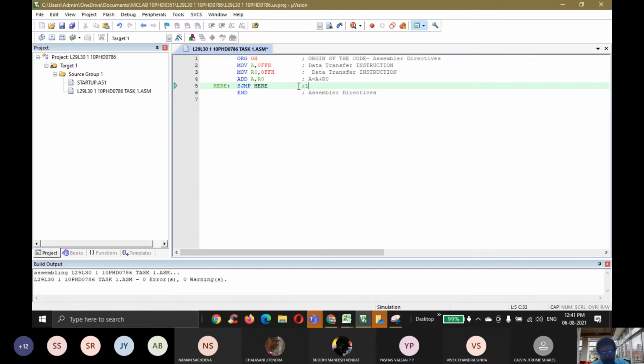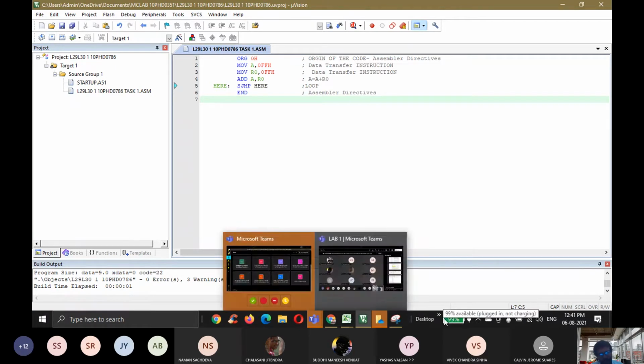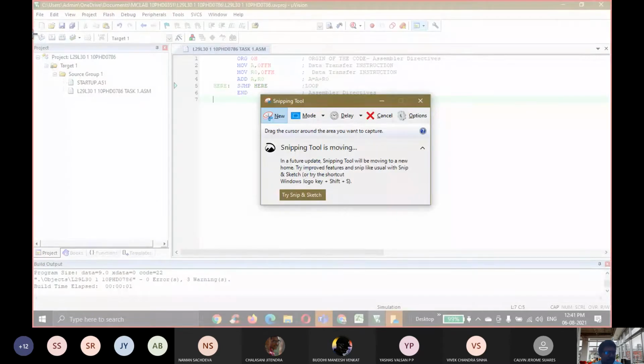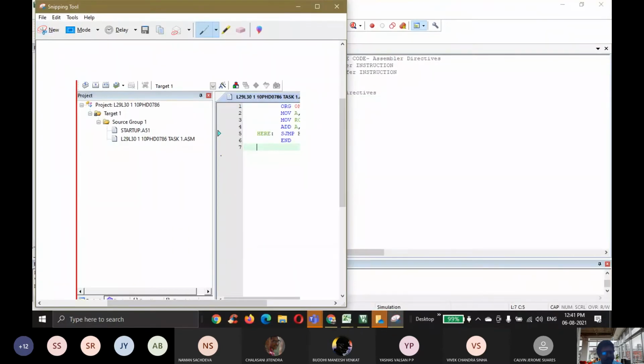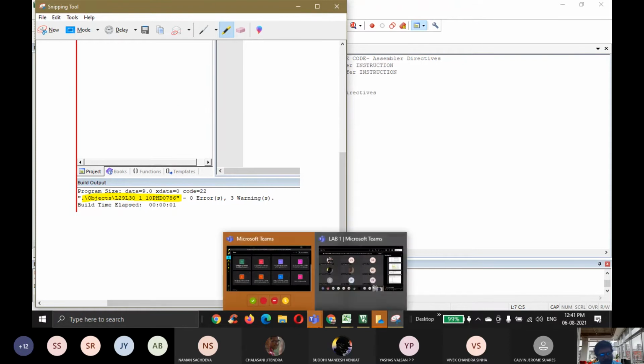This also will give the comment loop. So for every line, I have given the comment. Now, after this, the next step is build, F7. Here you can see the registration number. Whatever registration number you have done must be displayed here. That is the important factor you have to take in this step. The object files must be targeted to that particular folder.